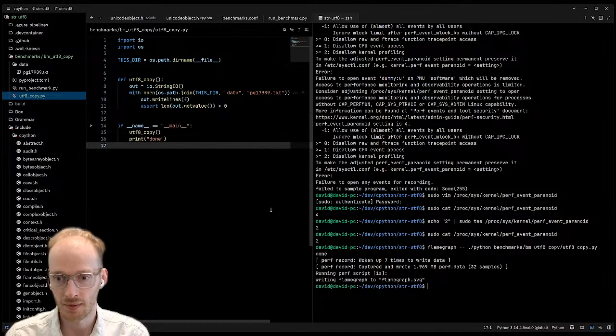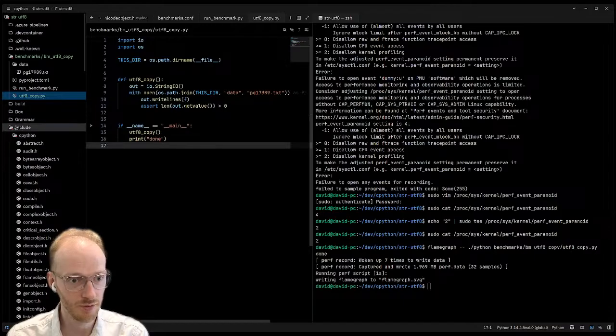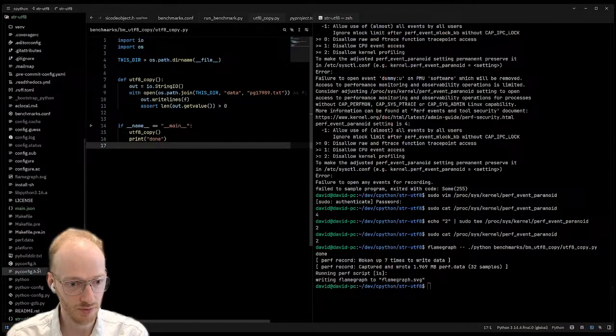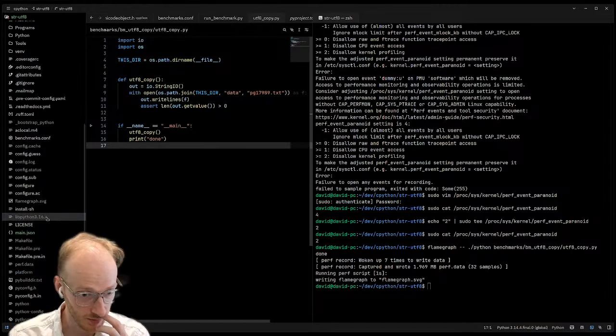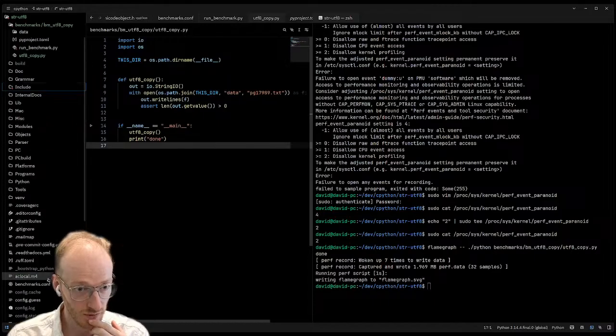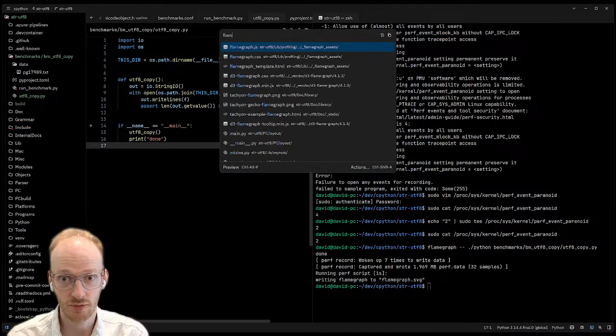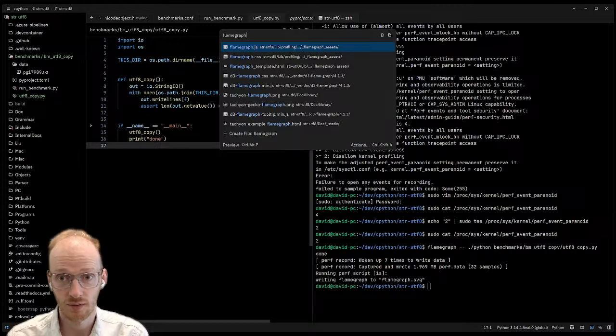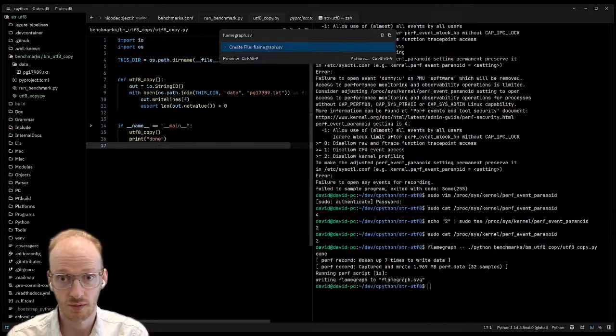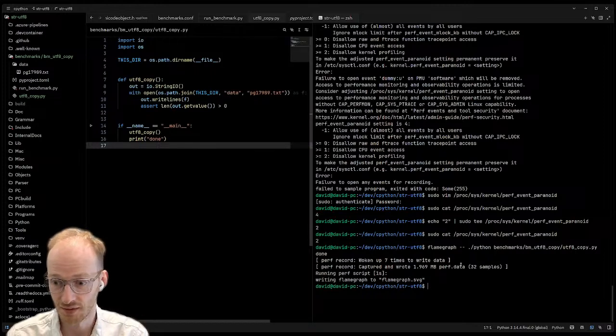Ooh, wow. Okay, let's see that. I'm really hoping that Zed is able to display this now. We should have in this directory flamegraph.svg. I saw it in the file list.